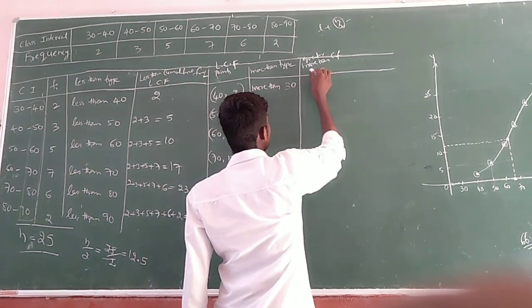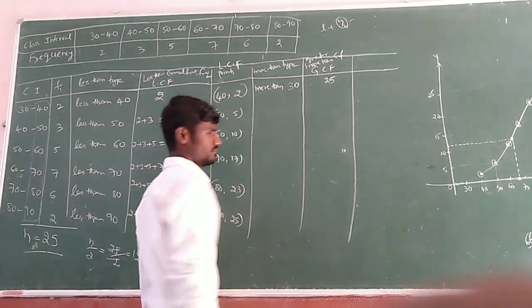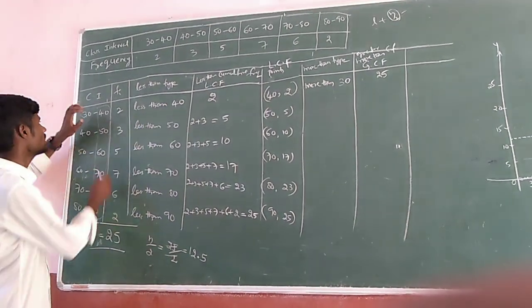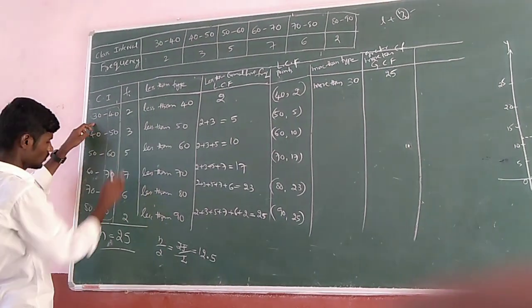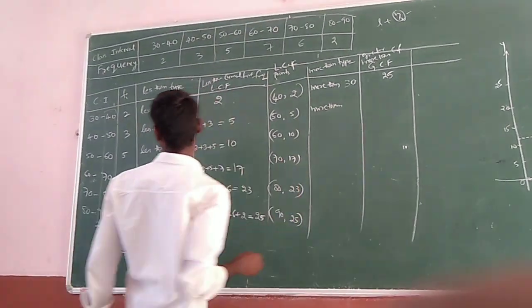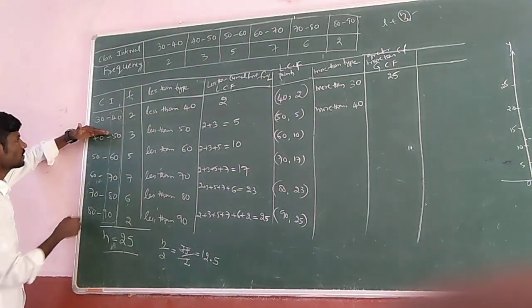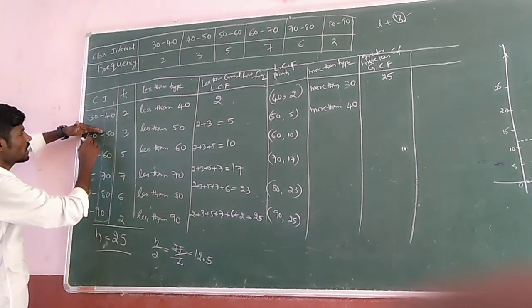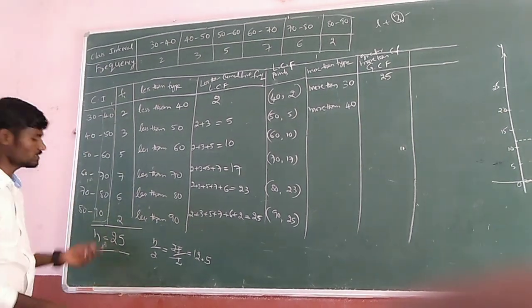Now, cumulative frequency, that is GCF. So how much will you get here? 25. Are you following? Don't confuse here. If it is less than 40, how many do you have? Only 2. But if it is more than 30, the total is 25. Next one, more than 40. Below 40 how many do we have? 2. So these two will be removed from the 25.